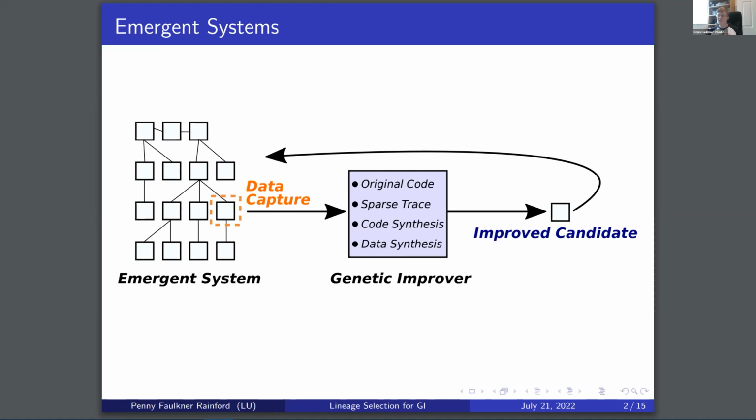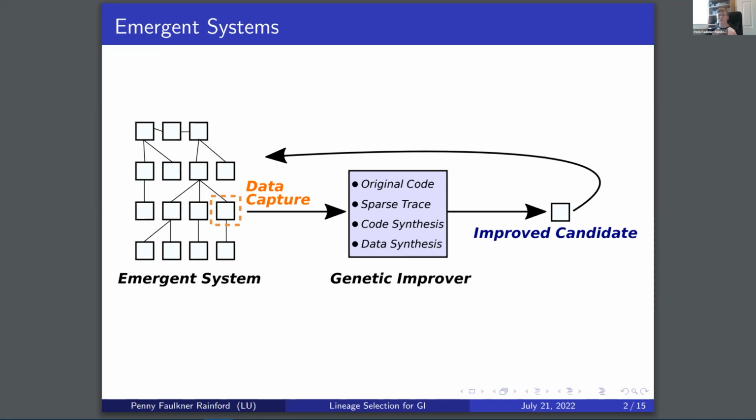So long term, it should be possible to move things in and out of the structure, and also take individual modules out, fix them up, and replace them. And that's where the genetic improvement comes in. So the idea here is, while the system is running live, we capture some inputs to it. We pass that, the original code,